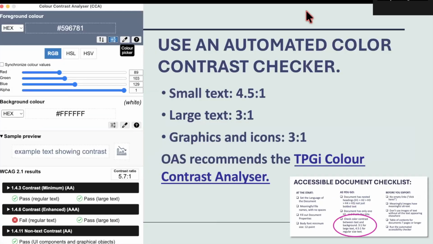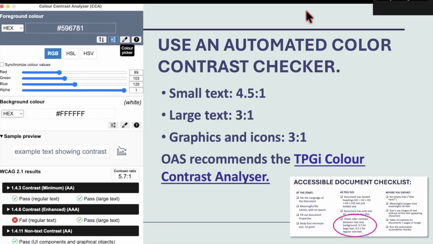Now, as you go along, you may want to use an automated color contrast checker. The Office of Accessibility Services strongly recommends the TPGI Color Contrast Analyzer. The Color Contrast Analyzer lets you automatically calculate the contrast ratio between your text and your background, as well as the contrast ratio between graphics and their backgrounds.